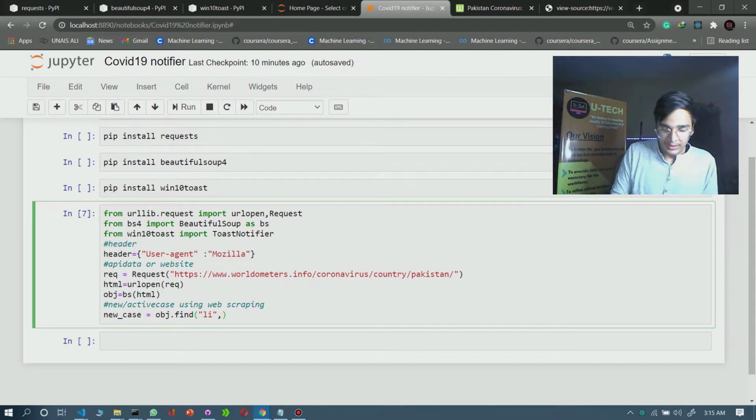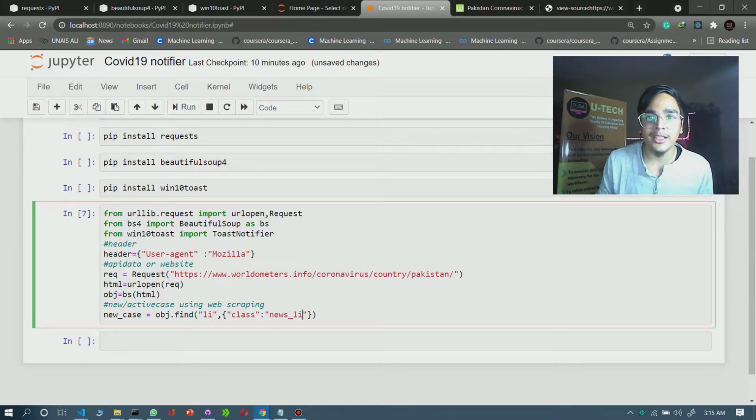So we will use curly braces, and you have to write here in double quotation marks class, then colon, and under the class, what is my class name there? news_li. Let me check, is it fine?